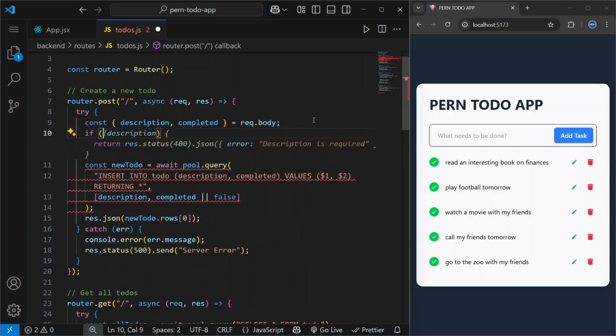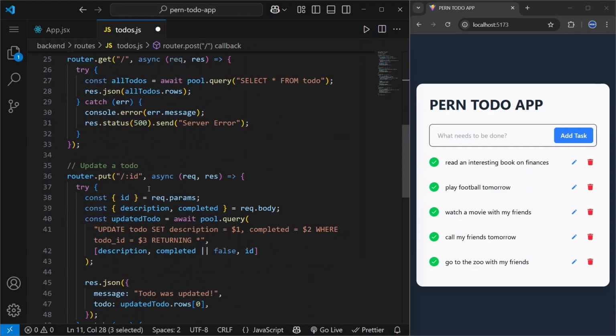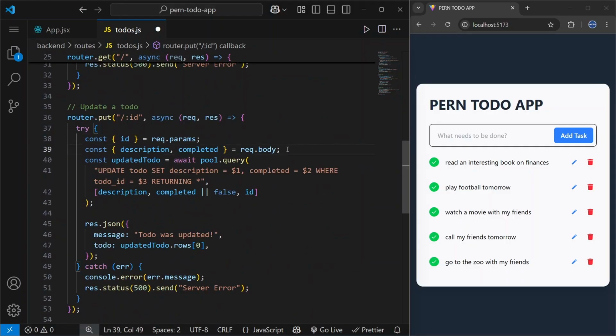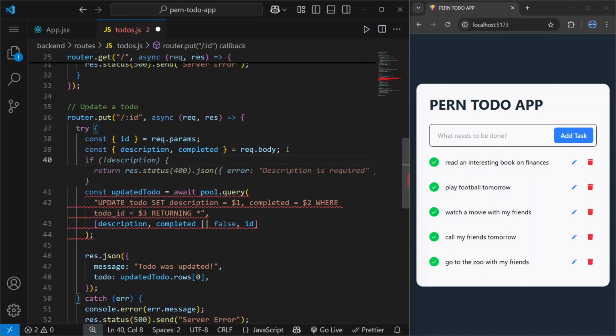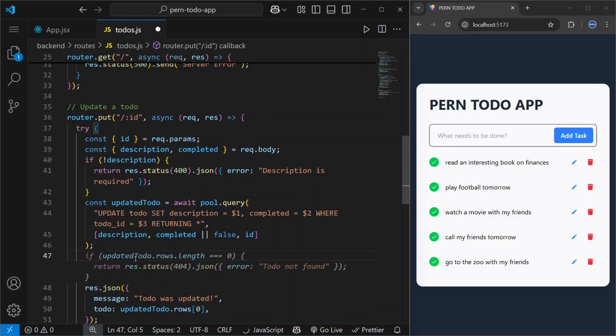So if there is no description, we can say description is required, and we can return this response. Then when it comes to updating a to-do, also we should check if description is provided or not. Okay, then here we need to find out if to-do was found and updated. So here we say if updatedTodo.rows.length is equal to 0, we can say to-do not found, and we can